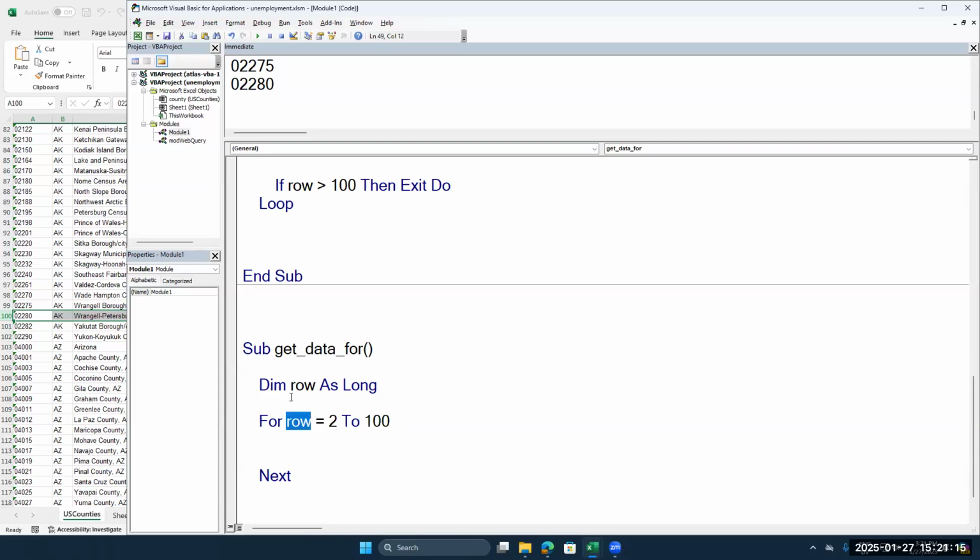We've already defined the variable up here. We're going to create a for loop and say row is equal to 2 to 100. We want it to run this many times. Start with 2, go to 100. Once it gets to 101, then you're done. Quit the loop, right? So we're saying start with 2, go to 100. And inside of the loop,